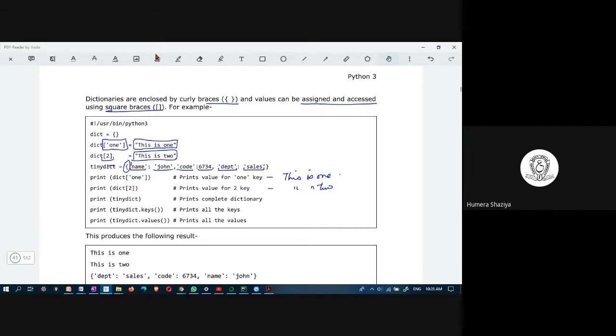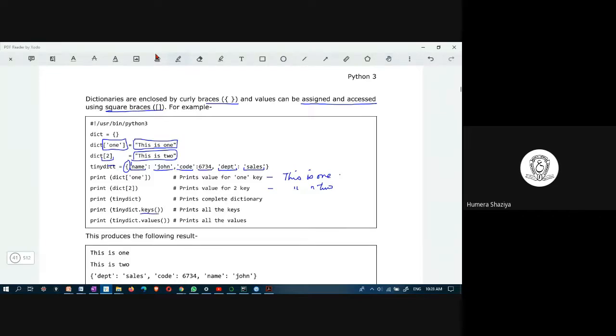Print complete dictionary. Tiny dict dot keys. What are the keys in this tiny dict? Anyone please tell me? Name, code, and DPT, ma'am. Very good. Name, code, DPT are the keys. So to print all the keys, only keys, there is a function called keys.